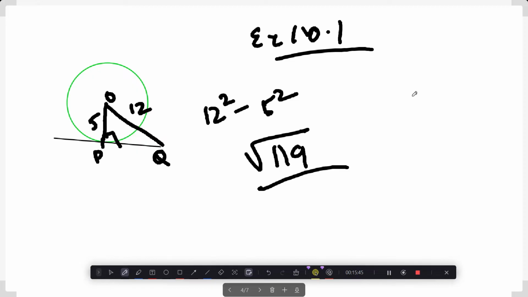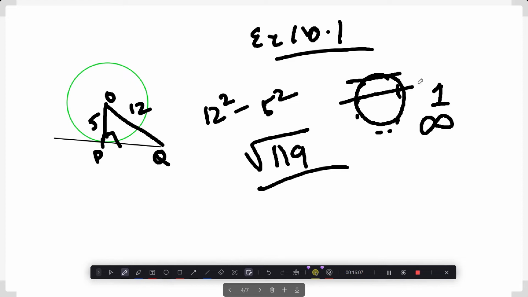Just reading through the later questions: how many tangents can a circle have at a single point? One and only one. How many tangents can a circle have? Infinite, because a circle itself consists of infinite points, so it can have infinite tangents at each and every point. A tangent to a circle intersects in one point, obviously. Otherwise, if two points, then it's a secant, and if none, then it's neither tangent nor secant. A line intersecting a circle in two points is known as a secant.